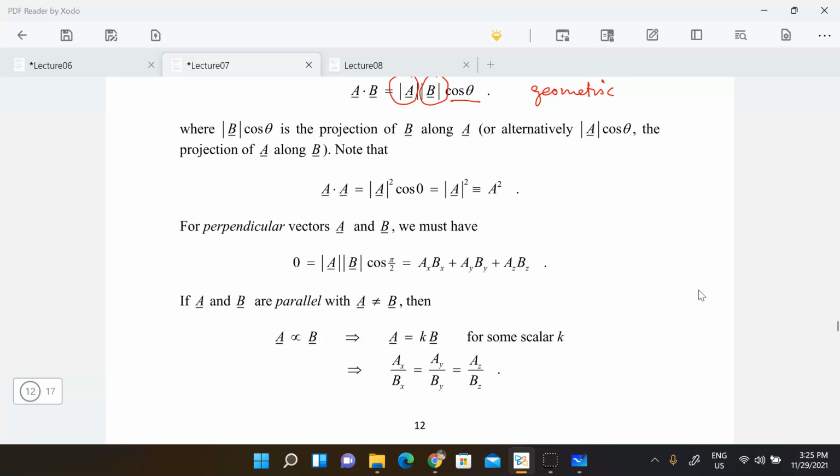Probably I should mention just this. When you find that your A and B are parallel, the idea of parallel is actually a geometric thing. What one can actually deduce is much more than that. It means that when it's parallel, it's actually proportional to each other. That means you can find a scalar for which that scalar becomes the constant of proportionality. And from that, you can also say that I have these properties within the components themselves